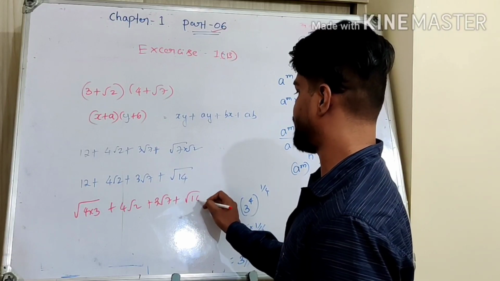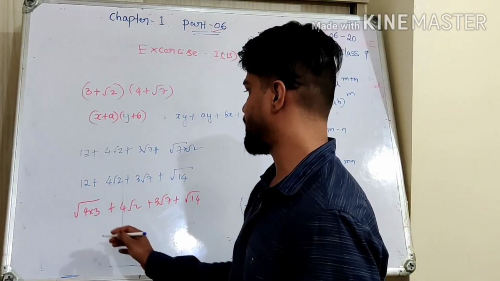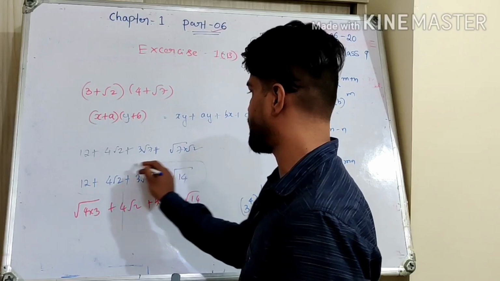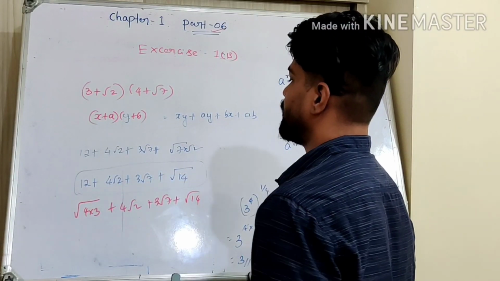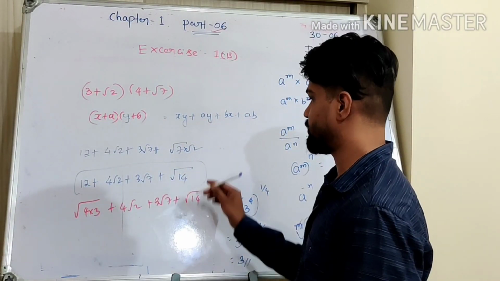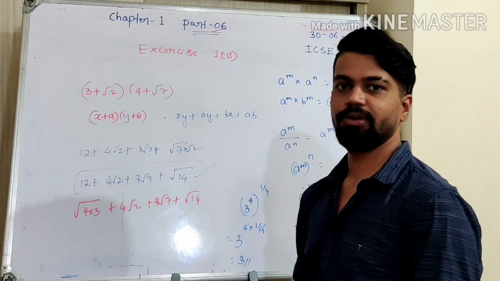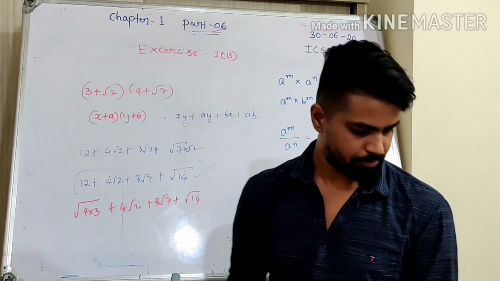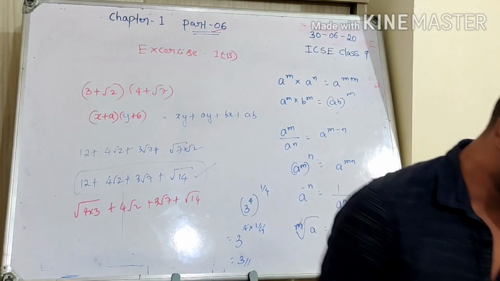Yeah, this cannot be simplified. I think we can only write it like this. This is the simplified format, because whatever you do, you cannot bring anything outside the square root. So this is a simplified form. They cannot be simplified further. Okay. So that's all. The last question is left to you.